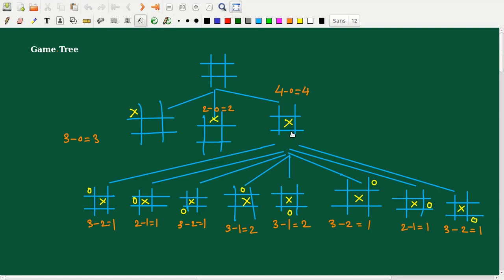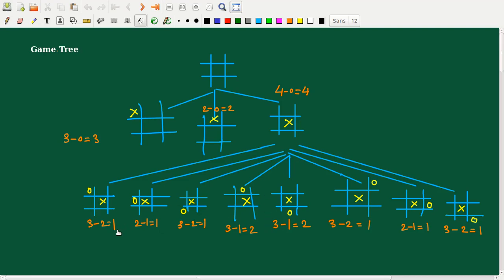After reaching this node, it has to explore all the possibilities of its opponent's playing. The opponent will put his or her sign into one of the blocks remaining after the first player's sign. These are the 8 different ways by which the opponent can play. The machine has to consider its chances of winning minus its opponent's chances of winning, and generate a heuristic value giving a success rate.